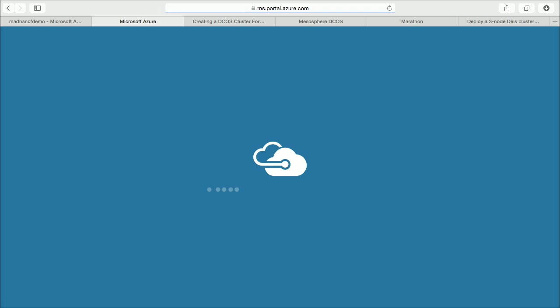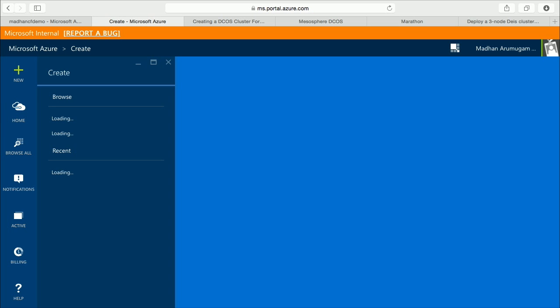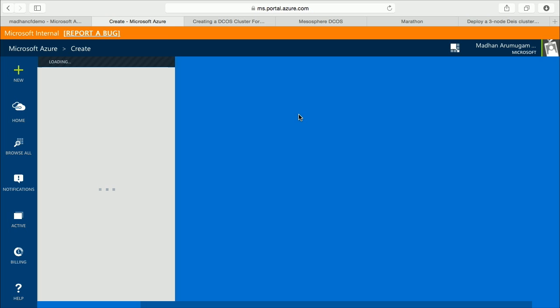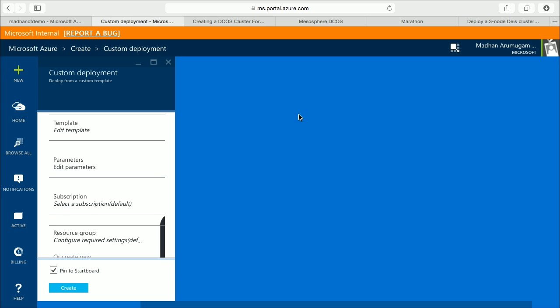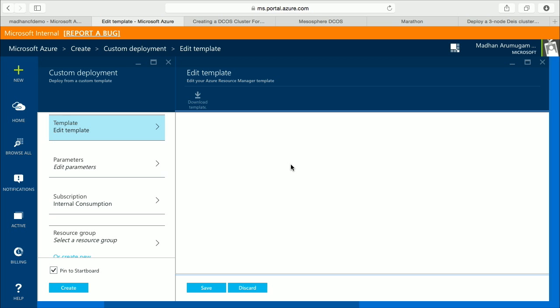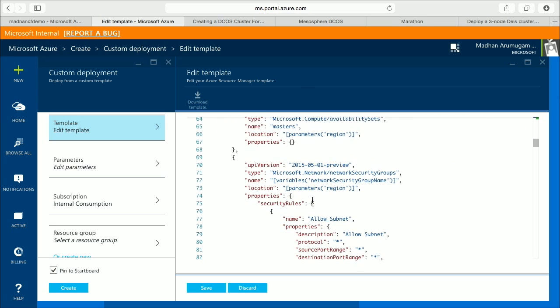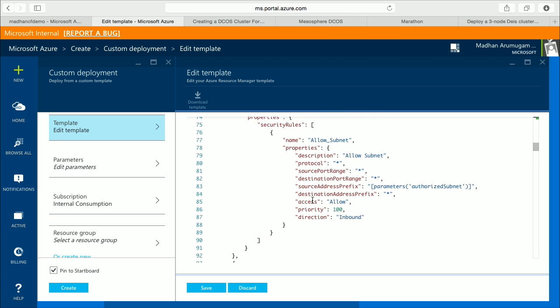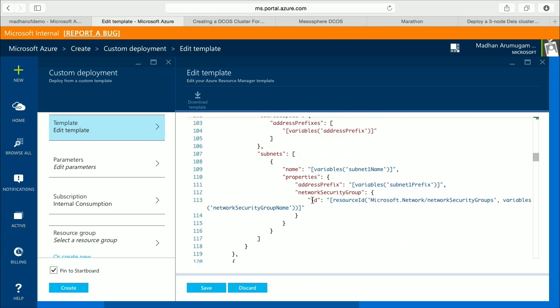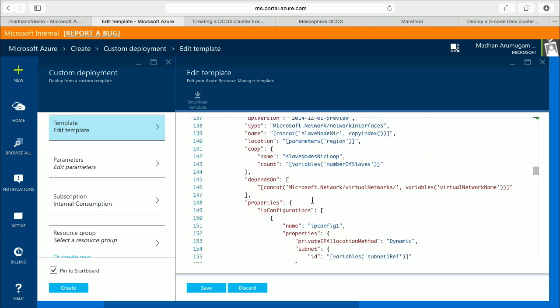It gives me access to the early access template that we worked on with the Mesosphere folks. And what you're going to see is that the template is going to be pulled in, and you will see that it is essentially creating a bunch of virtual machines, bootstrapping the ecosystem for Azure. So again, the Mesos tooling can easily take on. If I go through the template, you will see that we're creating a bunch of network resources. You have a network security group. You have virtual networks. And if I scroll down deeply, you have NICs.